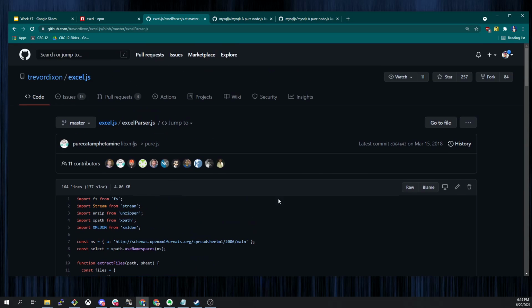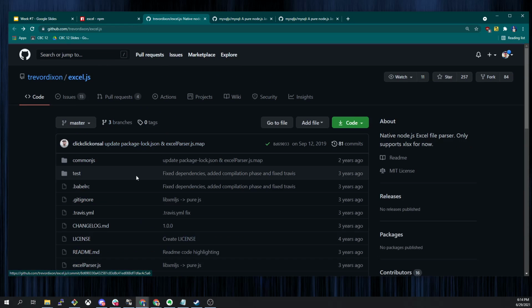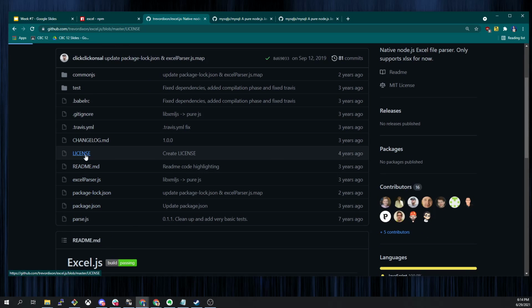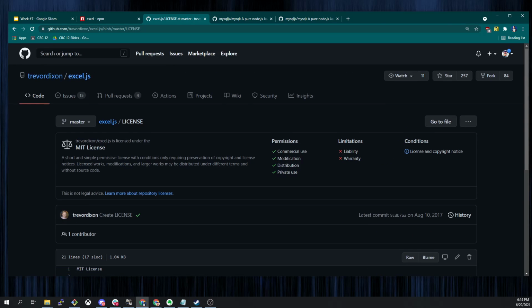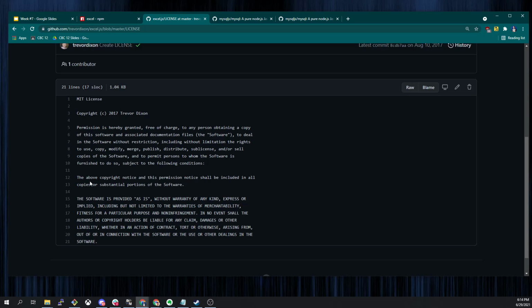And as long as we follow the terms of the licensing, which it will tell you, because it says this is MIT license. It gives you, this is how we use someone else's open source. So MIT is: permission is hereby granted, free of charge, to any person using this software to deal in the software without restriction, including copy, modify, merge, publish, distribute, sublicense. So we can take MIT license stuff, steal a couple snippets of source code, and all that we need to do is